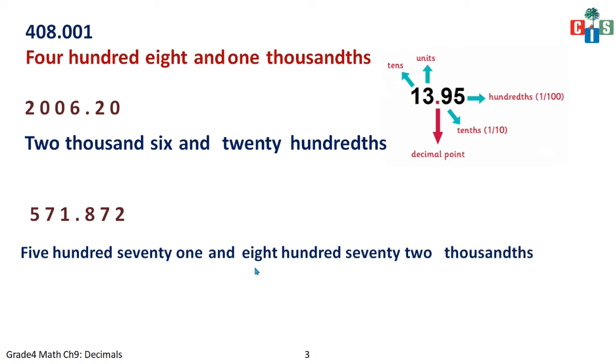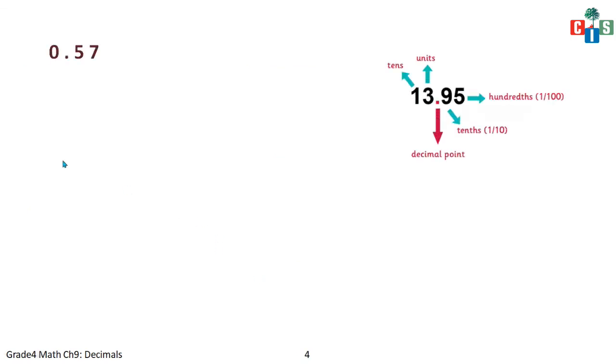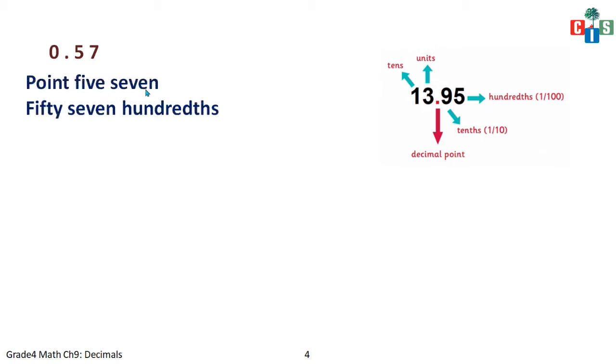Clear? Now I hope it's easy for you. Now let's take the other example. Yes, it's 0.57. So the first way to write is 0.57 and the second way to write is 57. Okay, after the decimal point it's 57 and 7 is in which place? It's in the 100th place. Yes, so 57/100th. You will write like that.